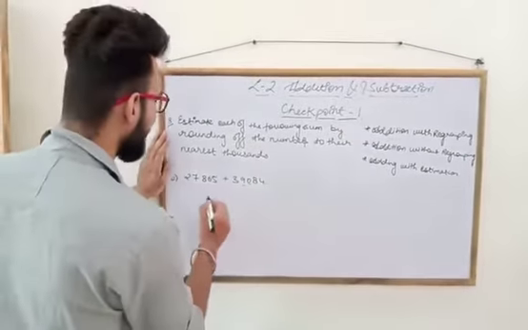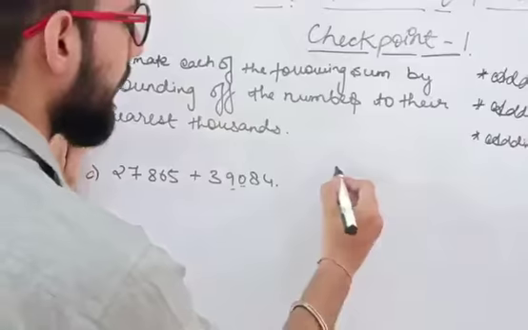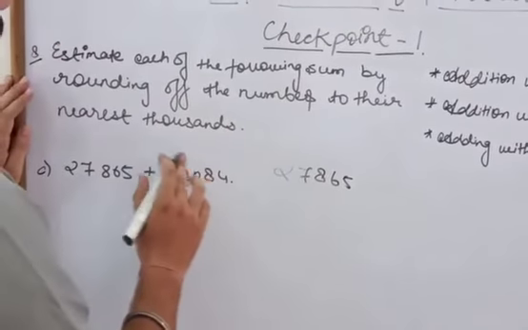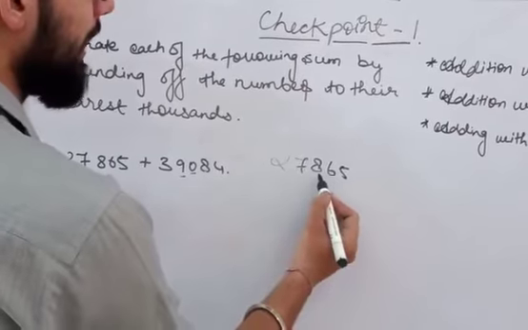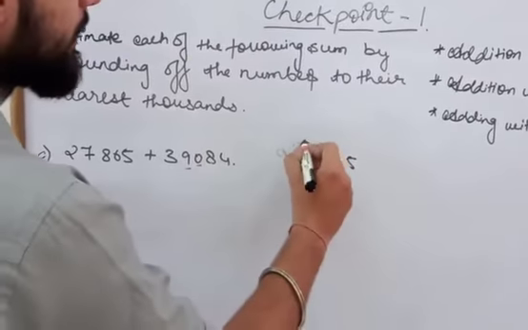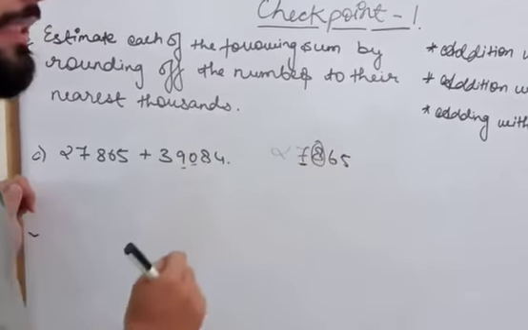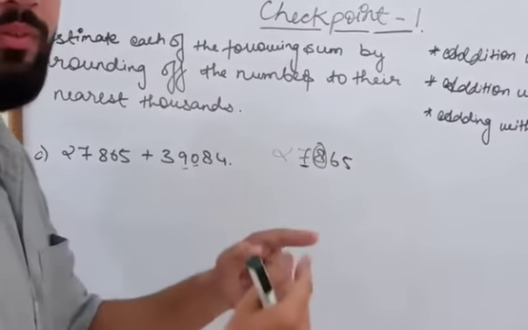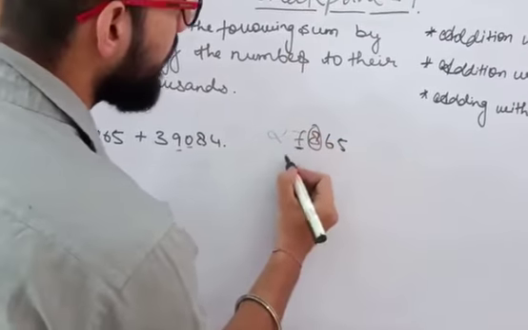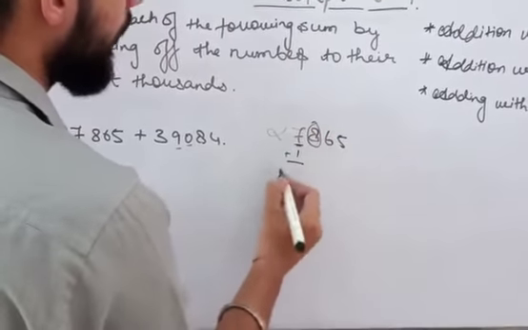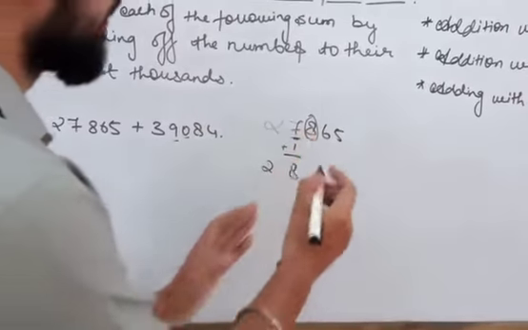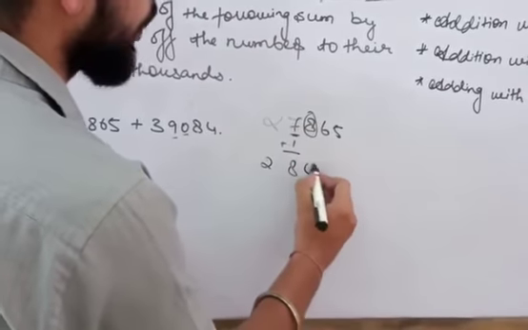The number over here is 27,865. So we'll write 27,865, as we have to round it off to the nearest thousand. So ones, tens, 100, 1,000. So our number is 7. We found the number. We'll move to the right next door. This is 8. Now we'll check this 8. As you can see, 8 is more than 5. So as it is 5 or more, add 1 more. So we'll add 1 to the 7. What we got is 27 plus 1, that is 28. And after our number, we convert all the following digits to 0. So what do we get?